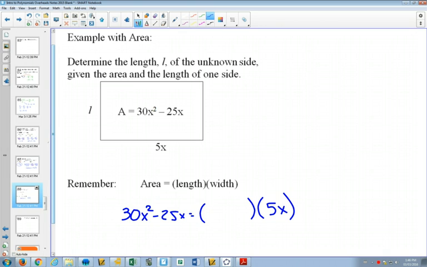So if we used regular numbers, and I gave you something like 42 equals something times 7, how would you do that? 42 divided by 7. Okay, so one way you could do this to figure out this question mark is you say, well, the opposite of multiplying by 7 is dividing by 7. So if I wanted to find out what this question mark is, I could just take 42 and divide by 7, and then you'd figure out it's equal to